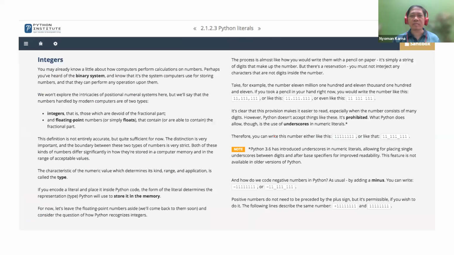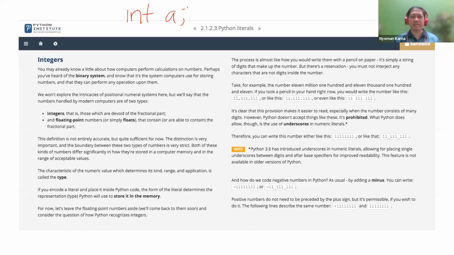Now, integer in bahasa is called bilangan bulat. I believe you will be familiar with integer in C language, because in C language, first we need to declare, for example, integer a, and after that we can use that variable. But in Python, we don't need to declare a variable.